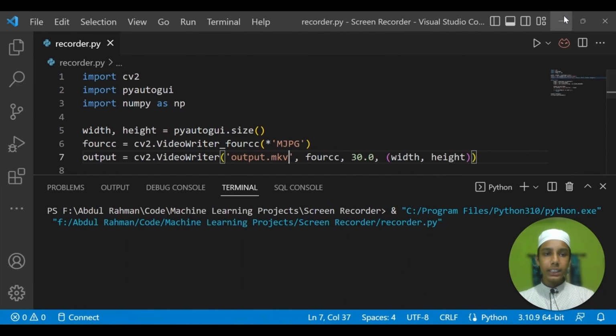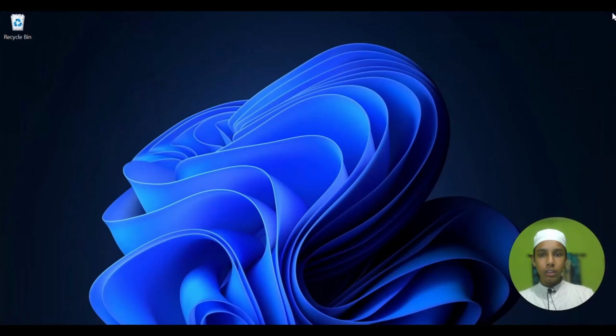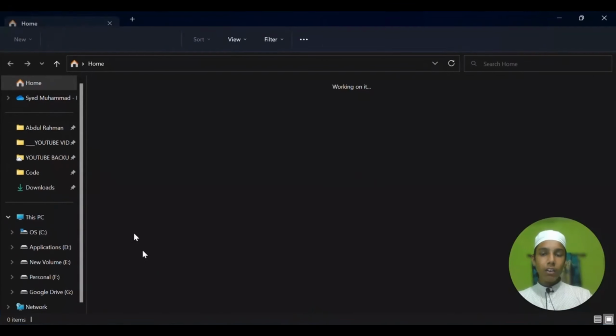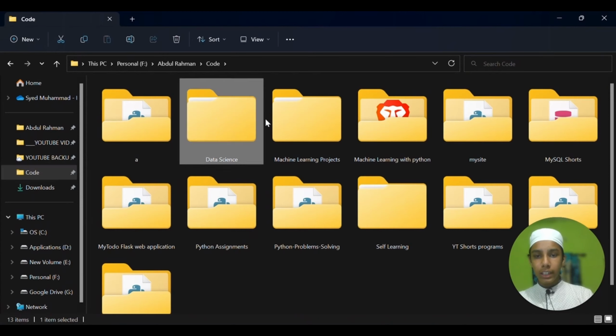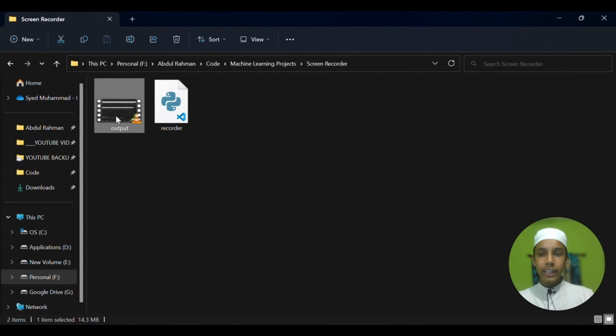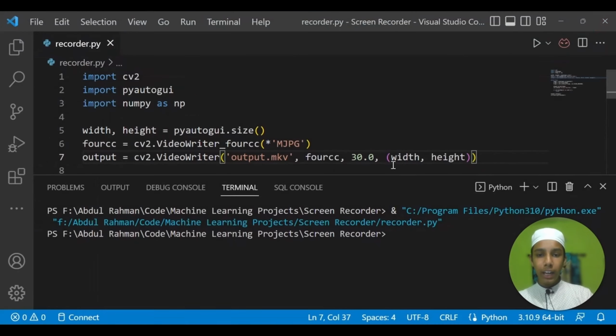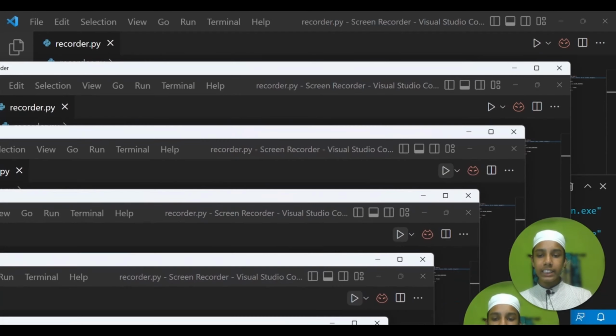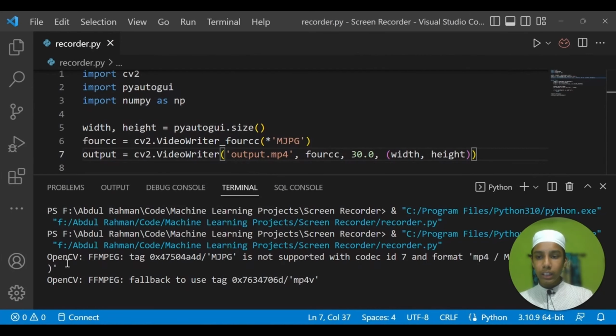Now let's minimize this, go home, close this one, open this again and close this one. Now guys, let's check whether it is working or not. Data science, machine learning projects, and then screen recorder, and it's also working in MKV. If I keep the cursor on this one, it's 14.3 MB for the MKV video file. Now let's check with the MP4, and let's rerun it